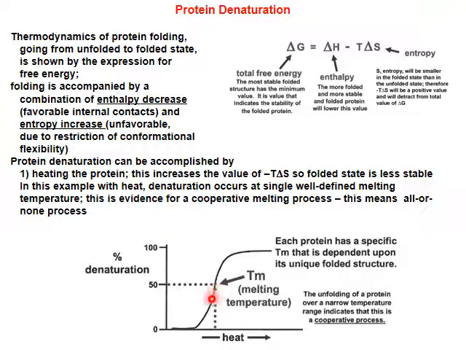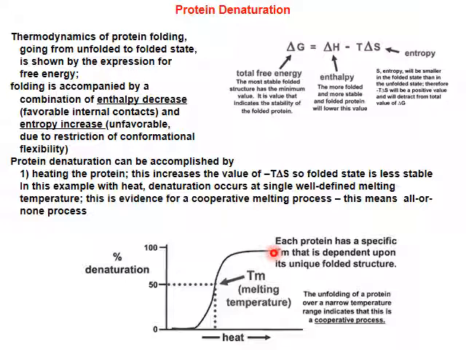the folded state becomes less stable. You're starting to increase the vibrational frequencies between hydrogen bonding interactions, and these hydrogen bonds are going to break, and your secondary structural elements are going to start to fall apart. Your ordered water molecules are going to start to dissipate away, and so the system is going to become less stable to support the folded protein. It's going to unfold, and if you crank up the temperature high enough, the protein is now an unfolded polypeptide